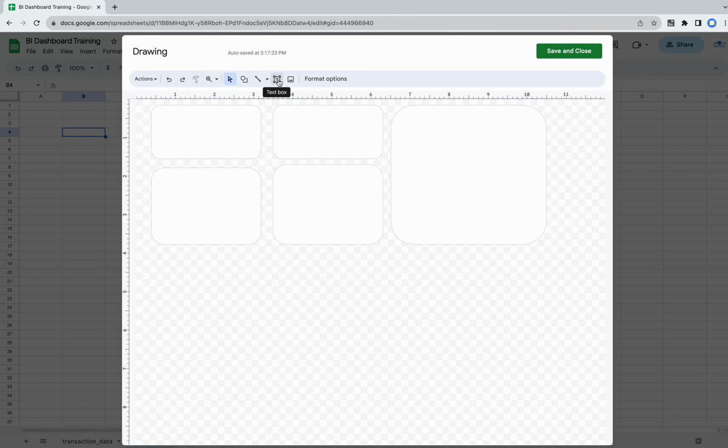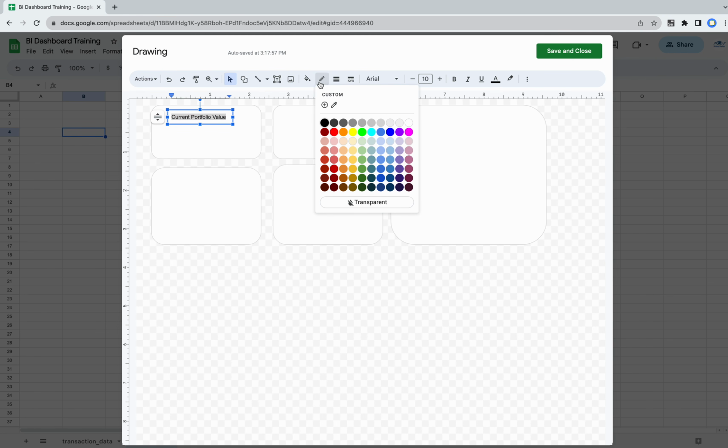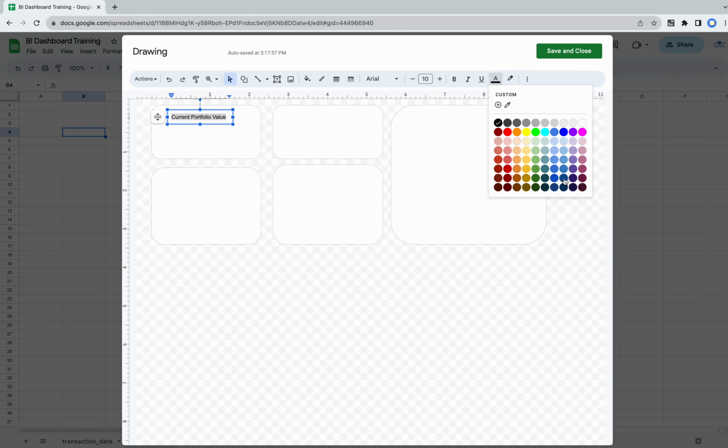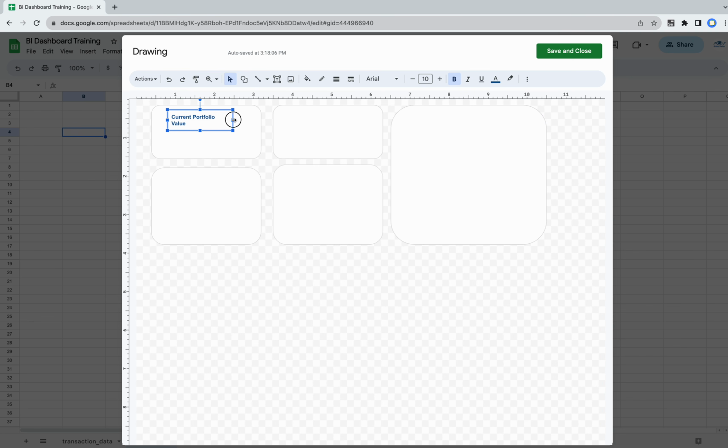and it looks neater and cleaner if you use a text box over here to give the title of the scorecard. I will call it current portfolio value. You can reduce the font size and then set the text color. You can use your favorite font. This is the first text, and again the second one,